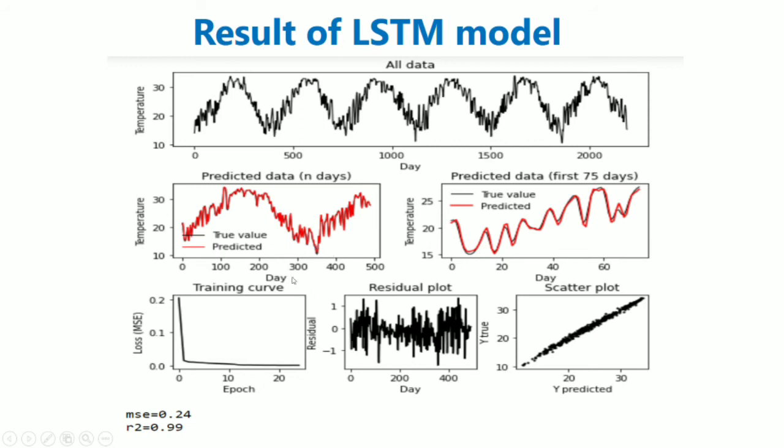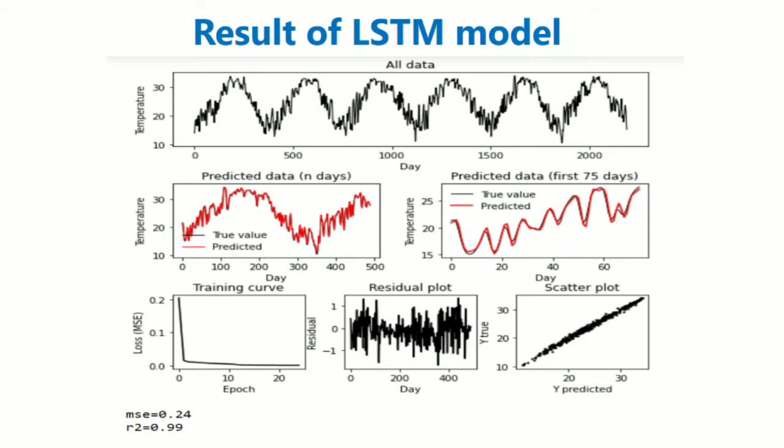We have done this part for over 500 days of temperature prediction. If we do the same for 60 days, then there are some differences between them. But if we go to 400 or 500 days, then we can say that their values are almost the same. Also the R2 value is about 0.99. So this is also reflecting that our predicted model was very successful.